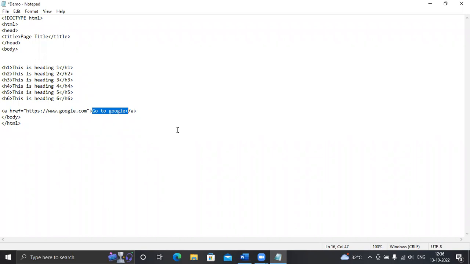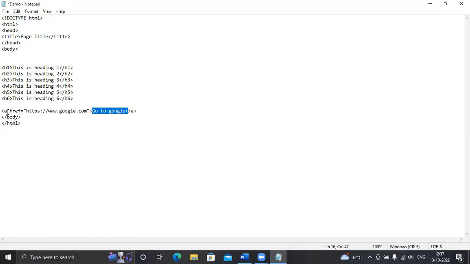When you click on create an account, it redirects to another page or another website where you can create your account.